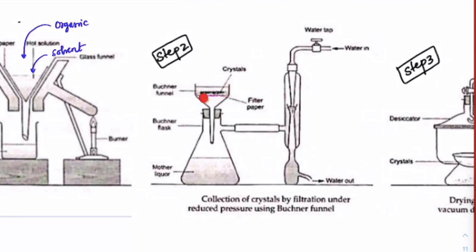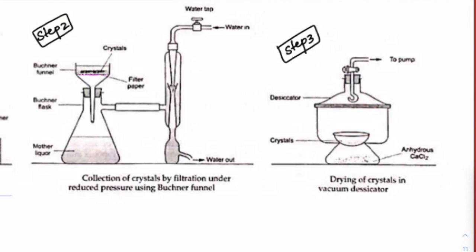So, we take all these crystals and add them to the desiccator. Desiccator is an instrument which will pump air into it. At the same time, it will have anhydrous calcium chloride. Anhydrous calcium chloride will absorb all the moisture which is present in it. So, if these crystals have any moisture, that anhydrous chloride will absorb it. Okay. And this is a vacuum desiccator, which means in case there are any volatile gases coming out, all of them will come out and can be removed.